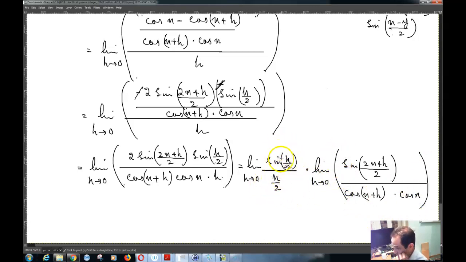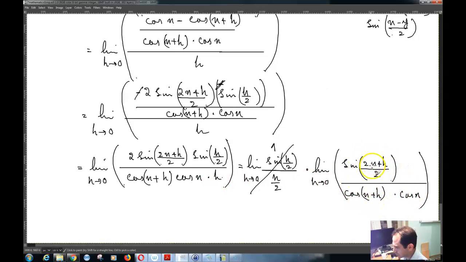So now this part becomes 1, and if h tends to 0, then this part over here in the numerator, of course you can separate these. You can write this as the limit of this divided by the product of the limits of these two, but